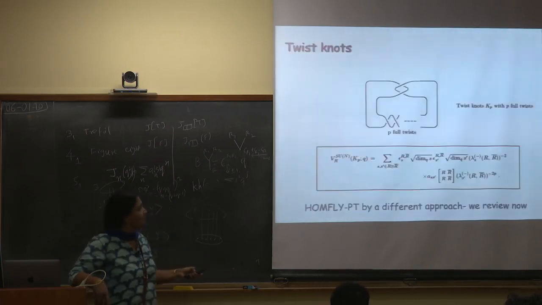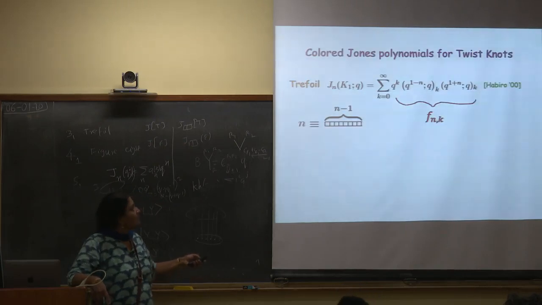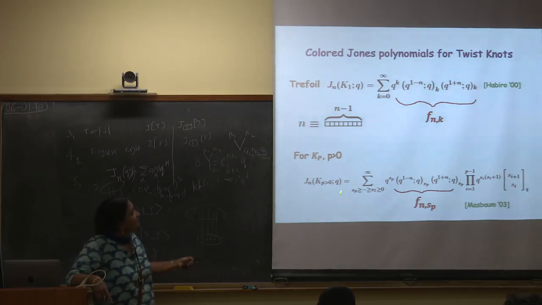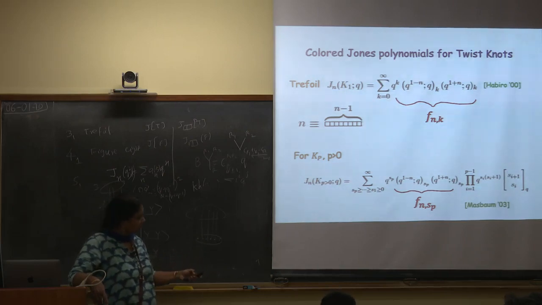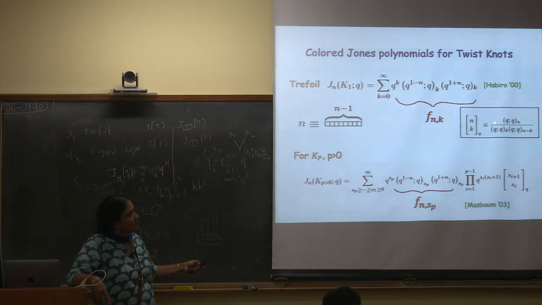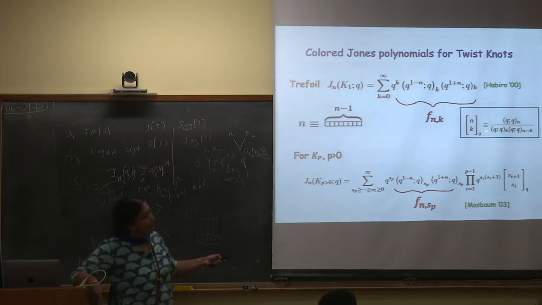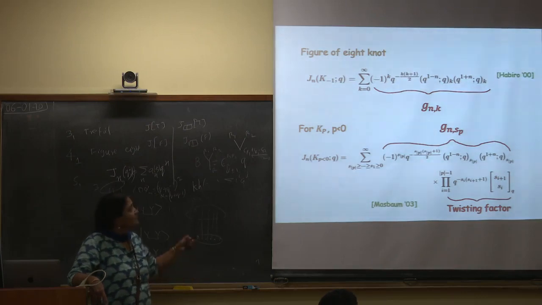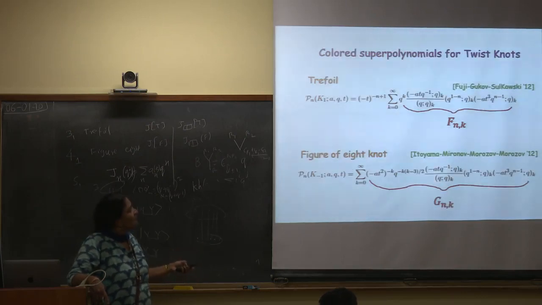The key results are from the mathematicians' work. This is Biro and Mausam, who had written it for the trefoil, which is the lowest in that twist class with positive integer, and the figure 8, which is the lowest in the negative integer. There is a pattern seen for the trefoil for positive integers, and these are like the Q binomial coefficients, so everything is like a Q number. Looking at this observation, we redid this for the SU(N) case. This was done for SU(2), so we thought we would redo it for SU(N).